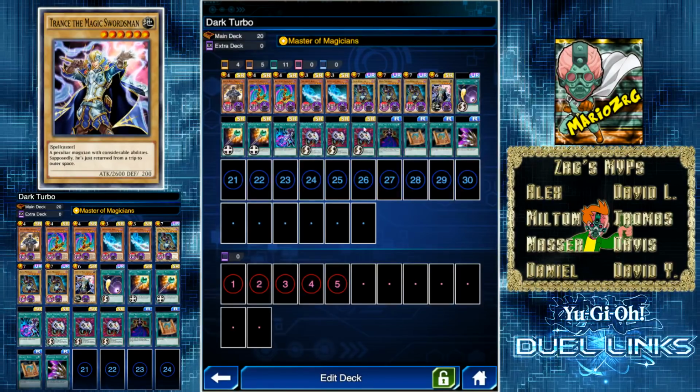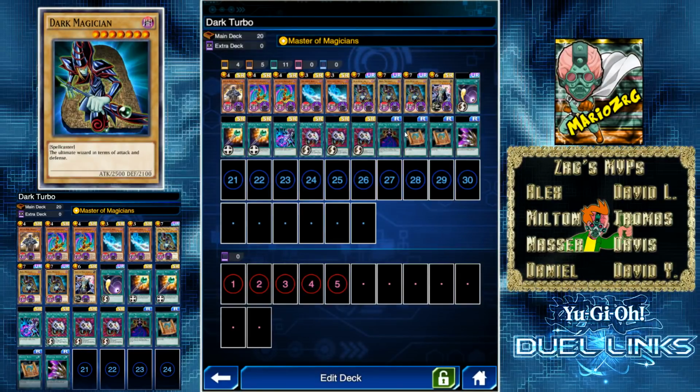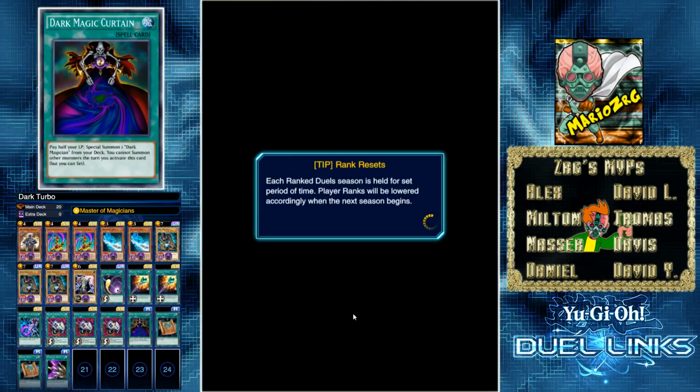This is also good because if you have to trigger your Legion the Fiend Jester, you can add Trance instead of a Dark Magician if you need to keep that one in the deck, so you can use Dark Magic Curtain. But enough talking, let's go ahead and get to the replays,